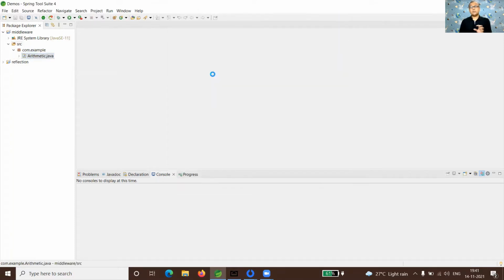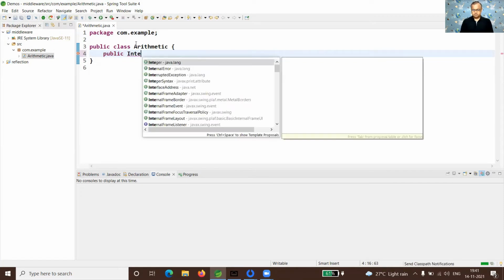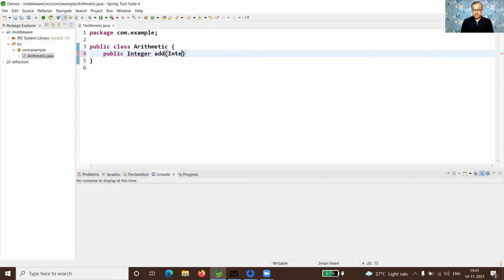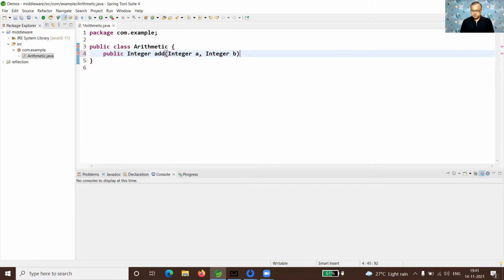In this class, I'm going to write a couple of simple methods like addition and subtraction. So I'm creating an integer add method, and it is going to take two arguments, integer a and integer b, and this method will do the addition and return the result.